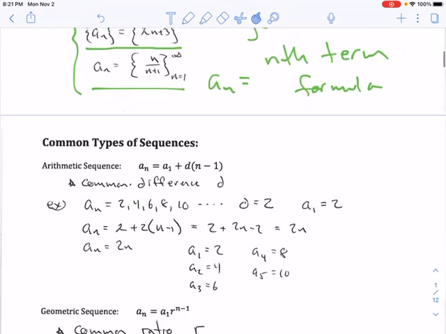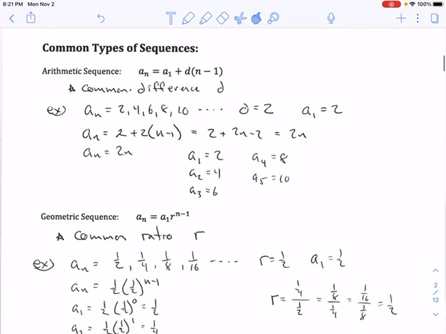All right. Now, some common types of sequences that you should become familiar with and be able to recognize. The first one is an arithmetic sequence. The general form for an arithmetic sequence is a sub n is equal to a sub 1, that means the first term of the sequence, plus d times n minus 1. Now d represents a common difference, and it's that common difference that distinguishes an arithmetic sequence